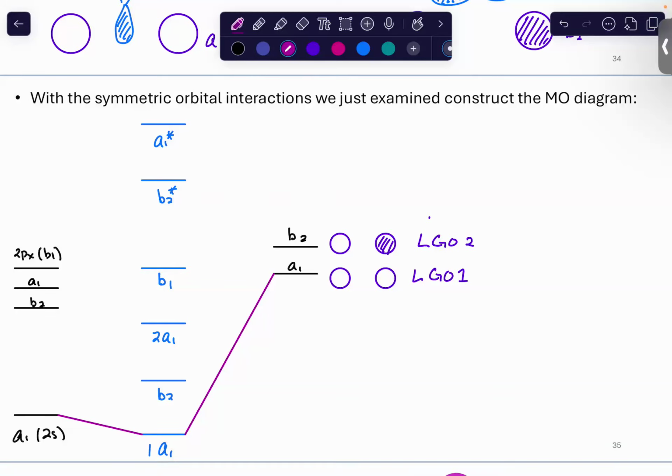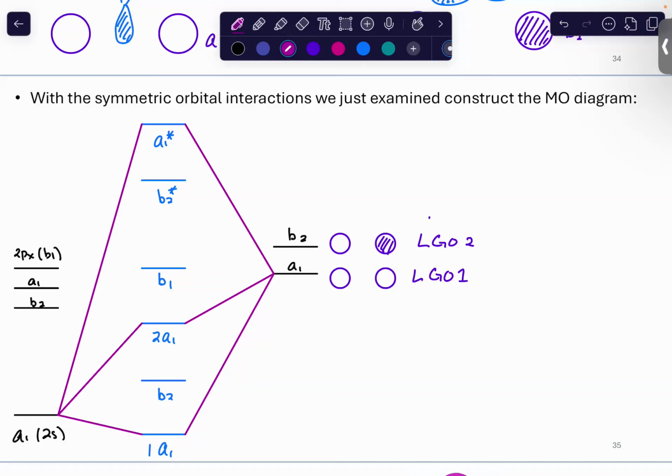I also know that this A1 is going to have to hit that A1 there, there, all the way up. Okay, now